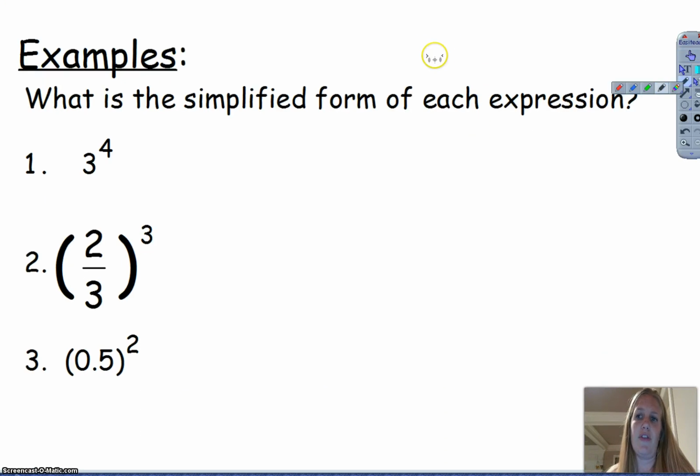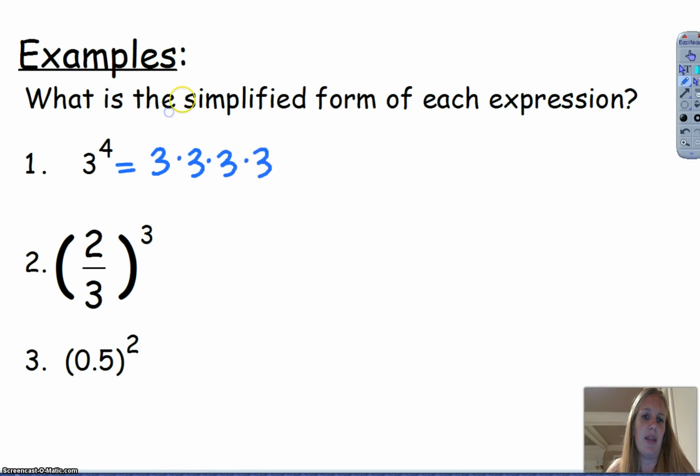Examples. So this first one here, 3 to the 4th power means 3 times 3 times 3 times 3. Okay, and what that means, 3 times 3, if I'm doing this in my head, you can use a calculator as well. 3 times 3 is 9, I know, and then another 3 times 3 is 9. So this is 9 times 9, which is 81. Okay, the next problem,